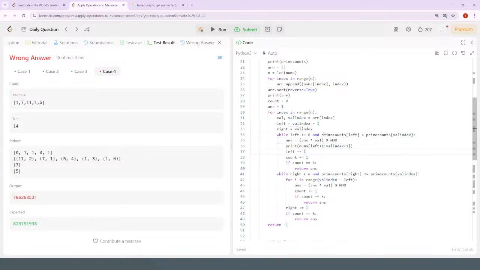So I think maybe I should extend it leftwards as much as possible, and I guess maybe the right side is where it does at least once. So if it doesn't extend it to the left side, the left is left at the value index. Okay, yeah. And if it does extend it to the right side,